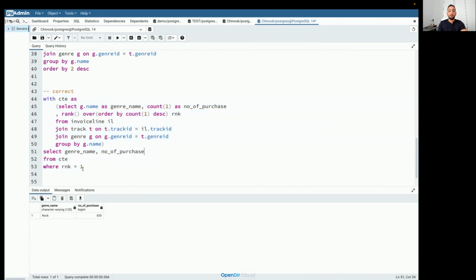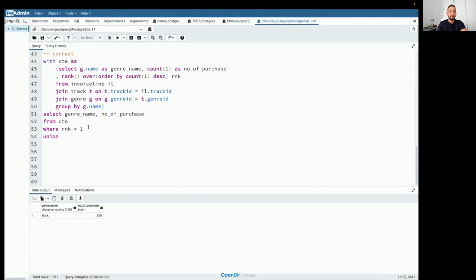But I also want to get the least popular, right? There are many different ways of doing this. One way is to use a union clause here, and I can copy the same query that I have written here. But here, instead of fetching rank equal to 1, I need to fetch the maximum rank. I do not want to hard code it to 23 because this rank can change when the data changes, right? So I can put a subquery here: select max of RNK